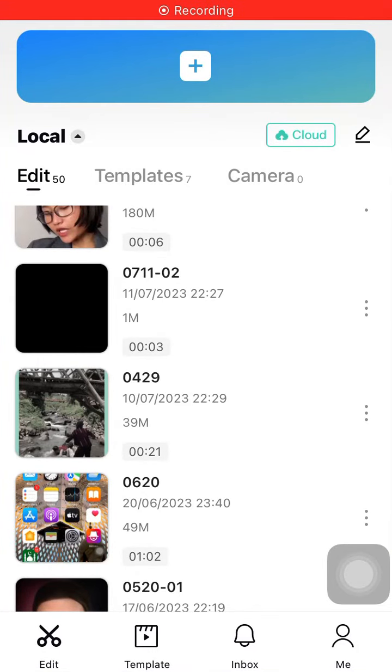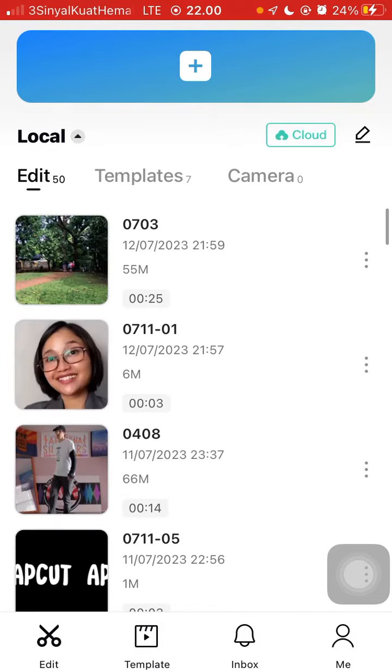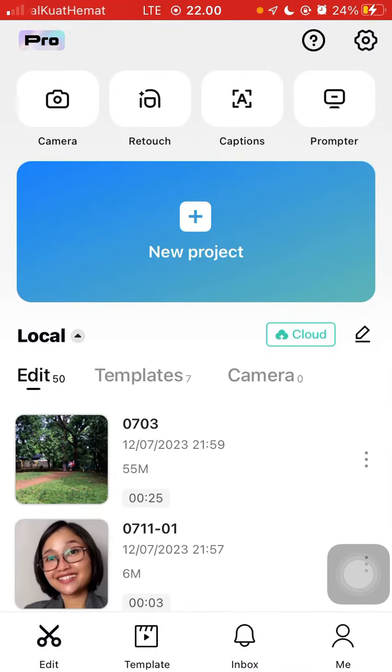Hello everyone, in this video I am going to show you how you can create a default freeze effect in CapCut apps. So you can tap on the project and select your videos or just photos you like to edit,